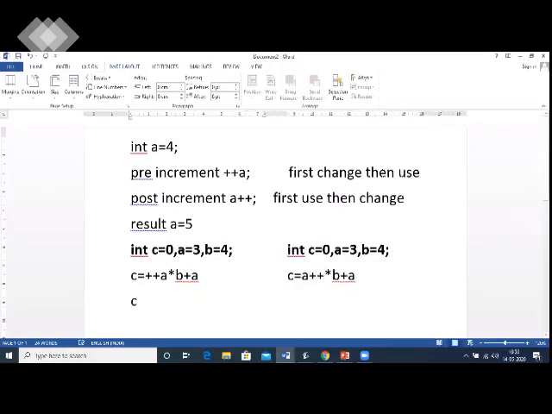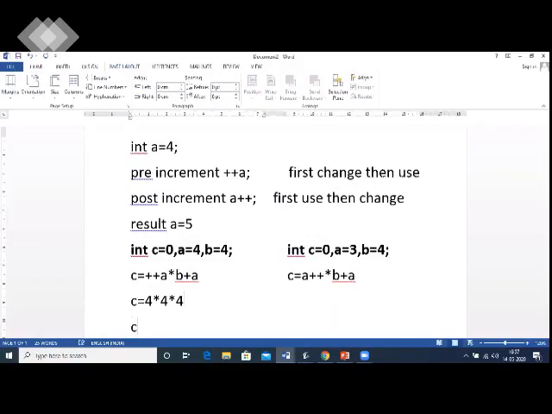Now, as in case of the pre-increment, the value will first change. So A will change, or you can say it increases by one value, so it will become 4. Then it is used. So now the value 4 comes over here. B's value is substituted as 4 as no operation happens on it. And now the changed value of A, that is 4, will be coming in this expression.